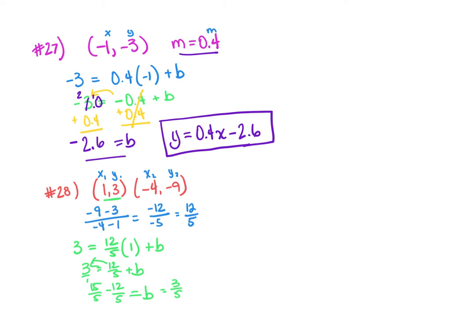And then once I have b, I'm going to plug it in. Y equals m. I solved for m, 12/5 times x plus b. I also solved for that, which is 3/5. And I am finished. All right, so for 29,